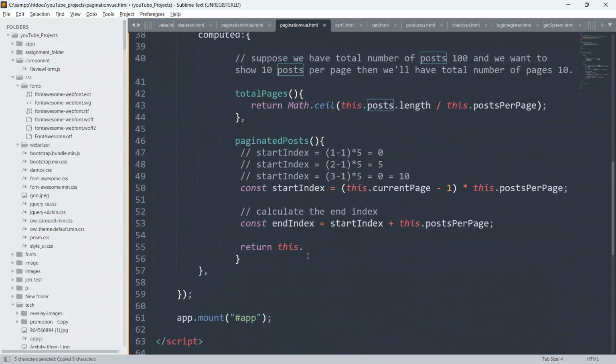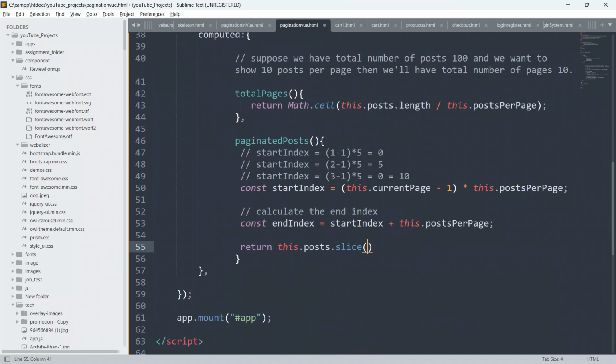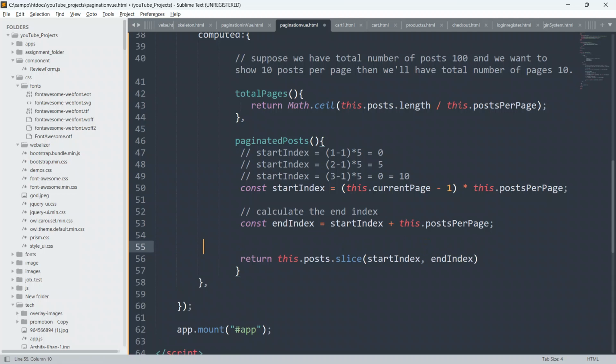So I'll say here this dot post dot slice, and open and closing parenthesis, and we will say here start index, comma, end index. So guys, as you all know, it will return the subset of the array.